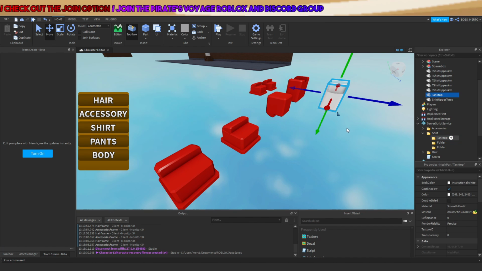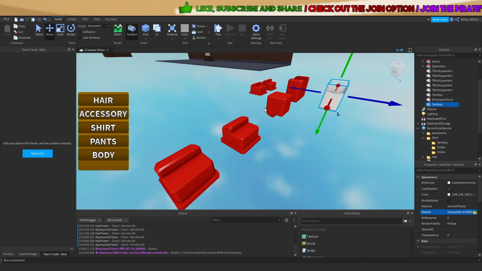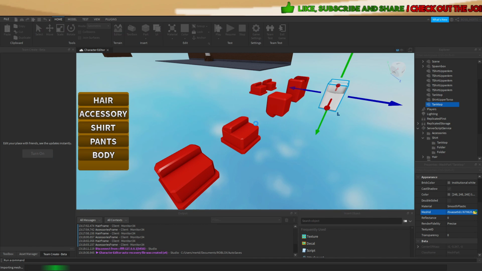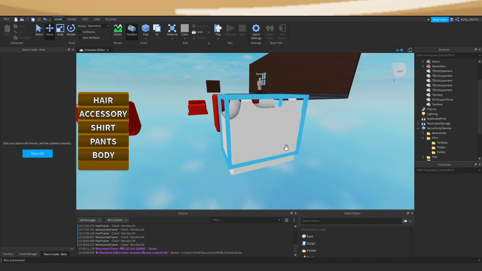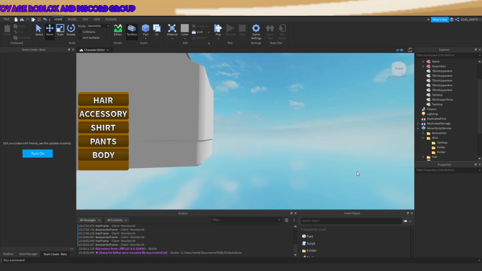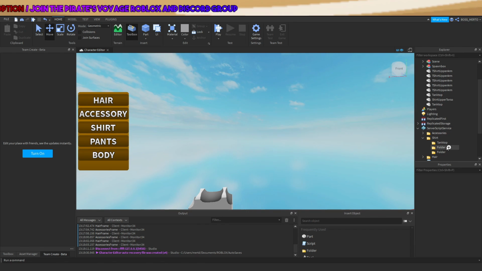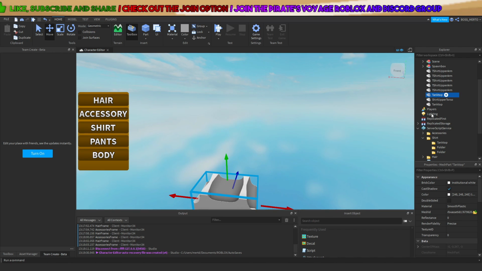And I forgot to add the lower torso thing. Come on, lower torso, there we go. Alright, there we go. So name this thing tank top, and now name this thing upper torso. So look,